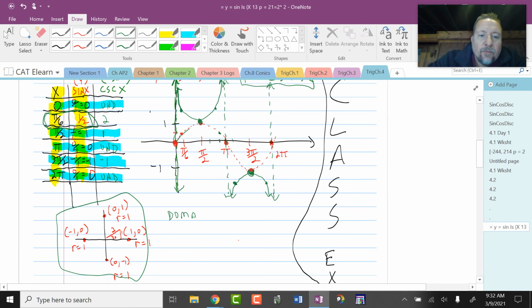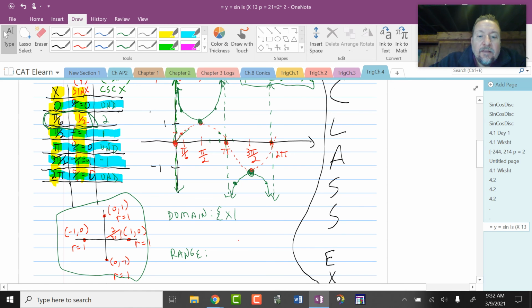I want to list domain and range. Forget how they do this. Actually, now that I think about it, they do it a little bit different in the book. And then I'm going to tell you who domain is related to. We have a lot of problems with domain. We actually have a lot of undefined scenarios at every single asymptote. So